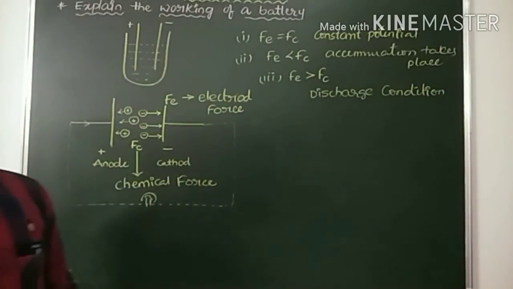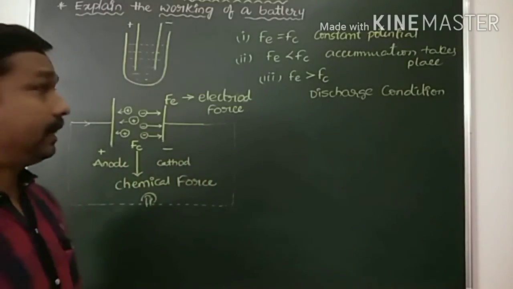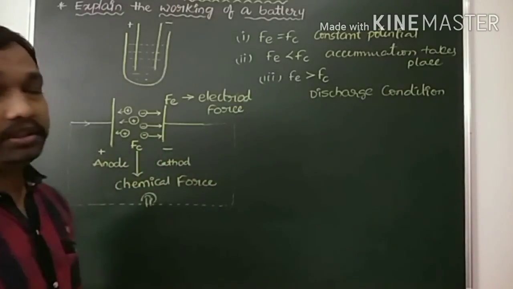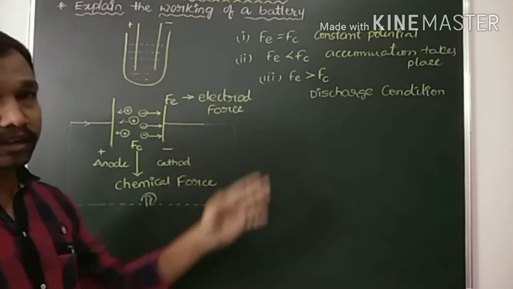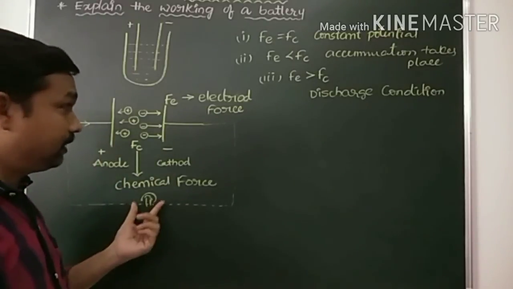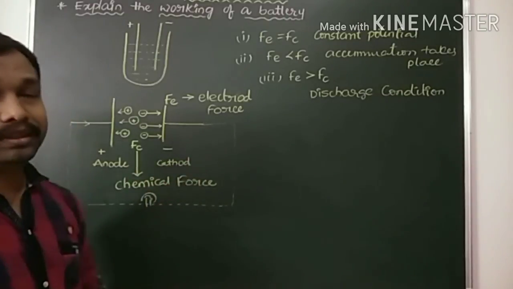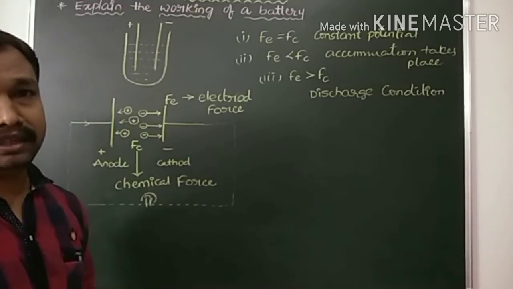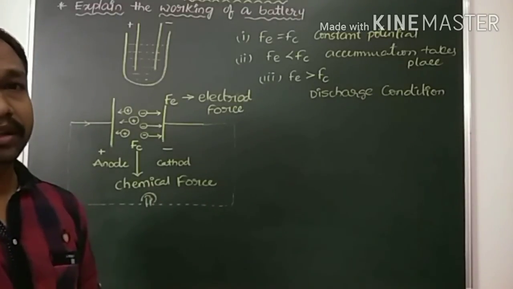Here this is about the working of a battery. Energy flows from the positive terminal to the negative terminal, while electrons move from the negative terminal to the positive terminal, so that the number of electrons moving remains constant and the bulb keeps glowing continuously. This is about the working of a battery. Okay, thank you.